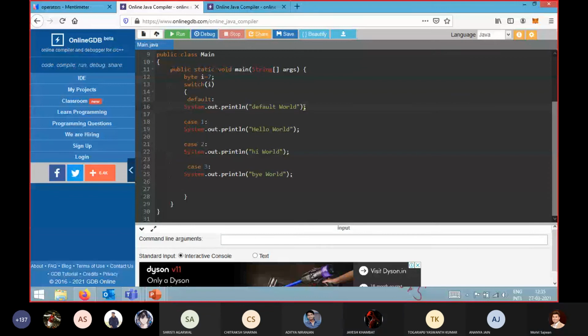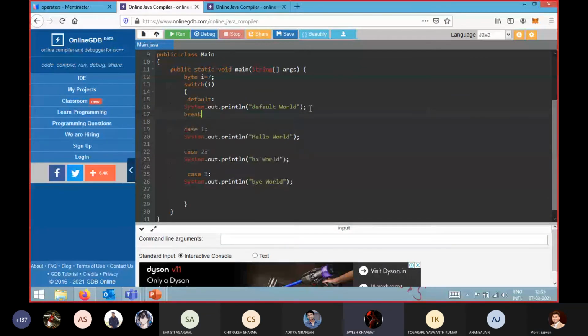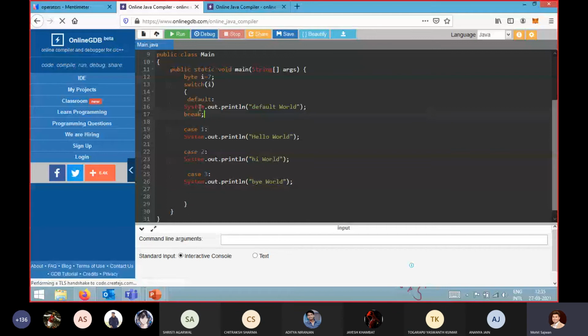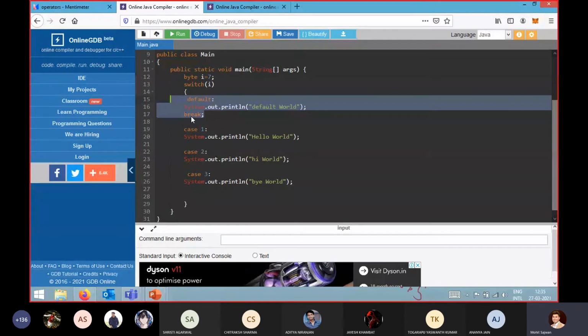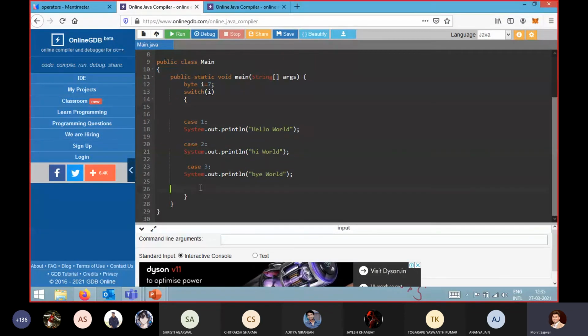Got it? Yeah sir, but if we write this default statement at last, then... Okay, I got your point. You are saying that, actually, the same thing I am telling you, the concept where even I am having some doubt. Generally, in most of the scenarios, even in reality, you are going to write this default statement at last.